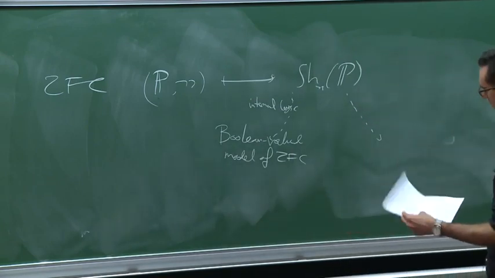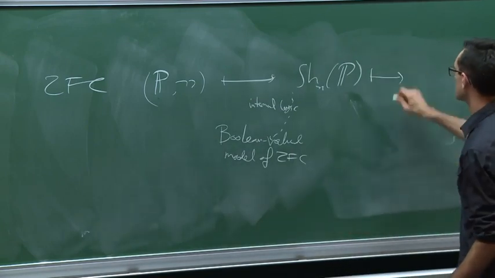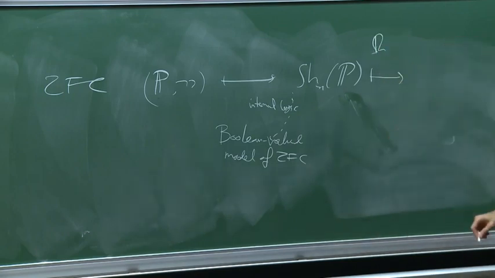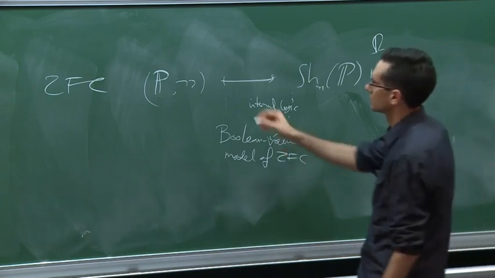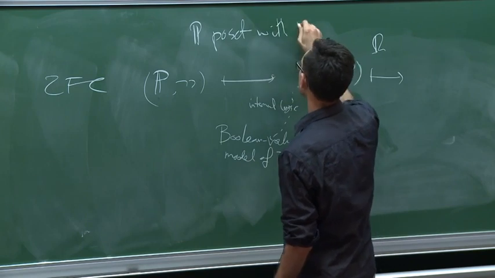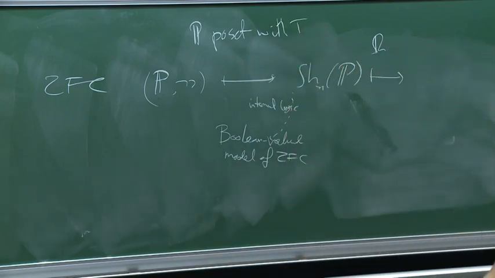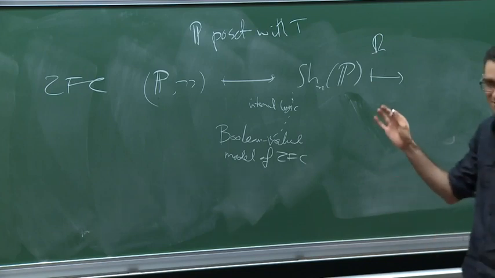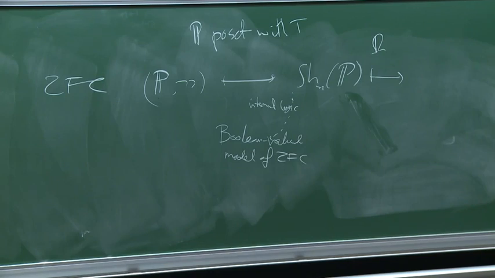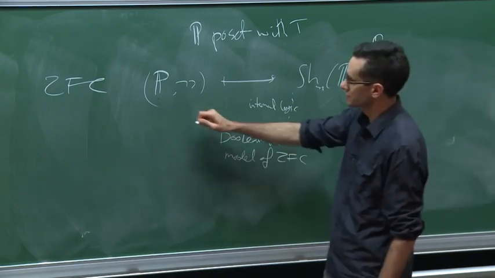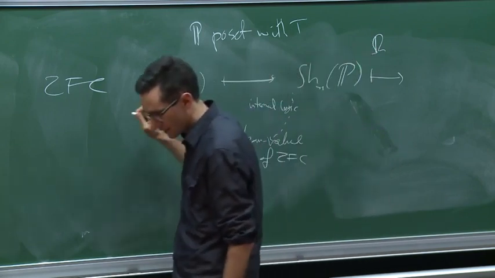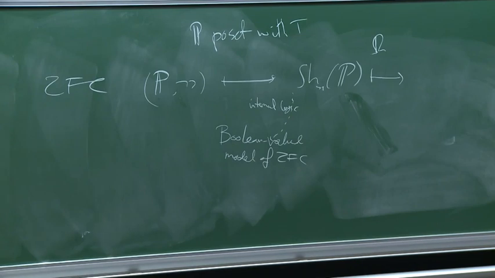Another way to do it is to go further. So P is, what, any poset? A partial order with top. Without loss of generality, assume it has a top element, but yes, any small poset. And what is this double negation sign for a poset? This is the site, a small site with the double negation topology. Sieves are downward closed dense sets.